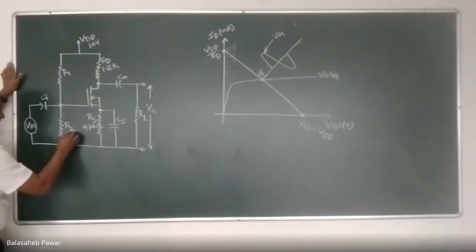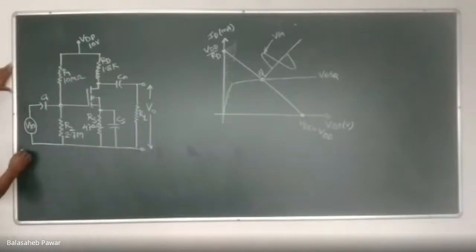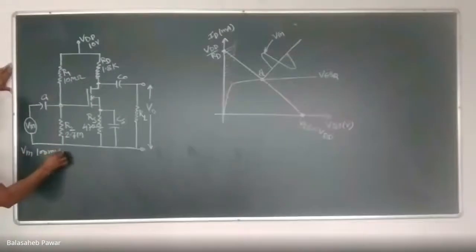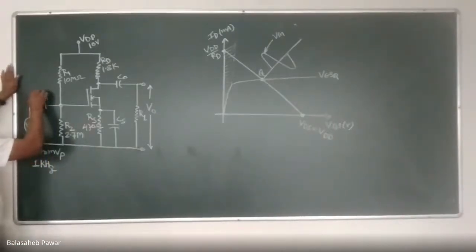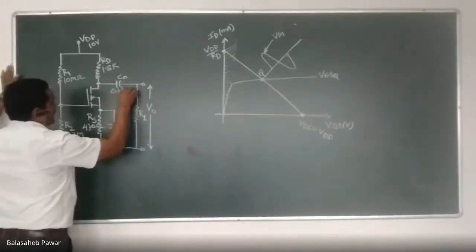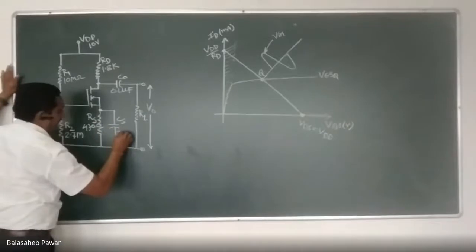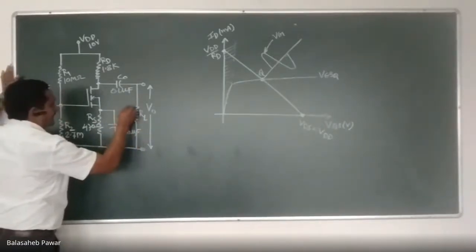I think it is 2.7 mega ohm, and this R1 is 10 mega ohm. Correct? This applied input, we consider Vin as 100 millivolt peak with 1 kilohertz frequency, right? The CI and CO will consider 0.1 microfarad as the input coupling capacitor, output coupling capacitor again 0.1 microfarad, and this bypass capacitor I will take here 220 microfarad.